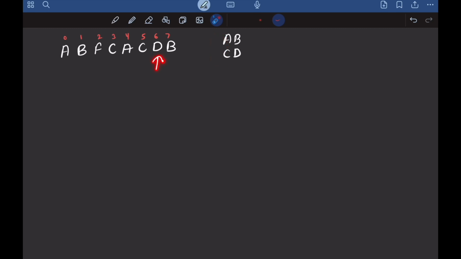Before this D, what was the last character that you accessed in your string? That is C, right? So you need to compare these two. When you compare these two, you find out that these are forming a valid CD. So I will remove these now.